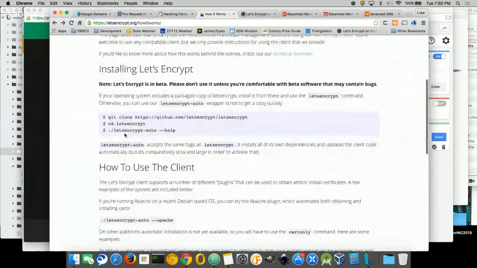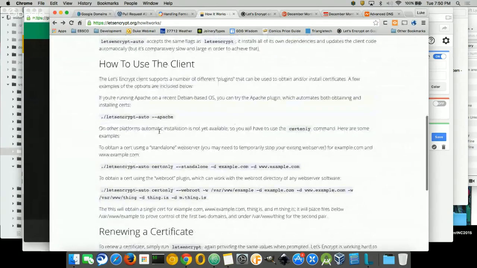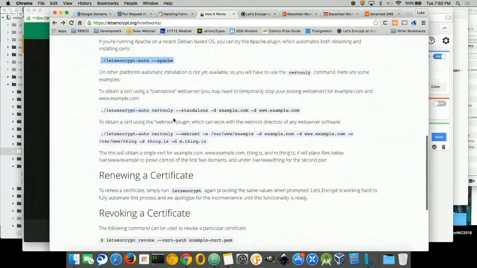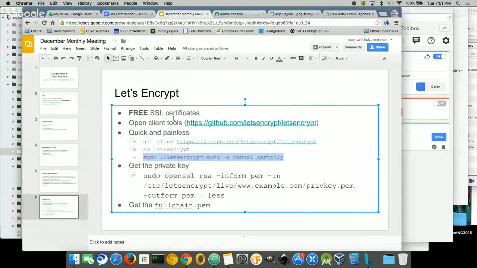So they have a help printout that you can get some of the things from. But if you're using Apache, it's fairly easy. It's nothing like going through the rigmarole of verifying and all that. So once you run that,